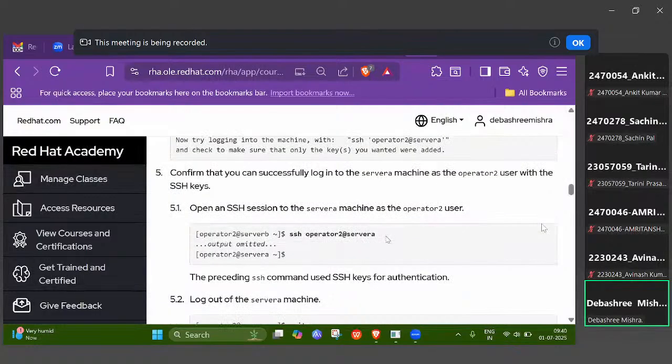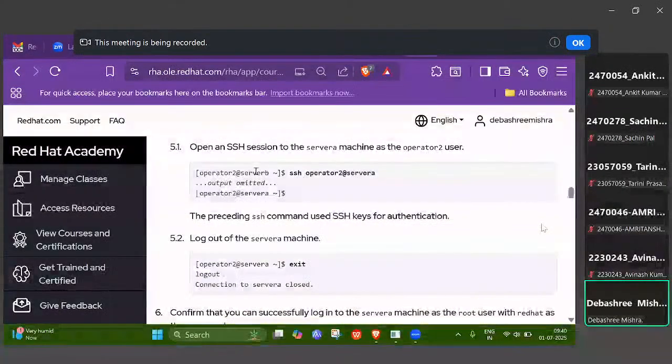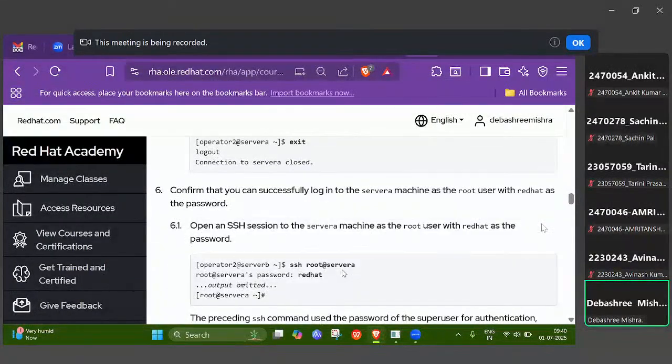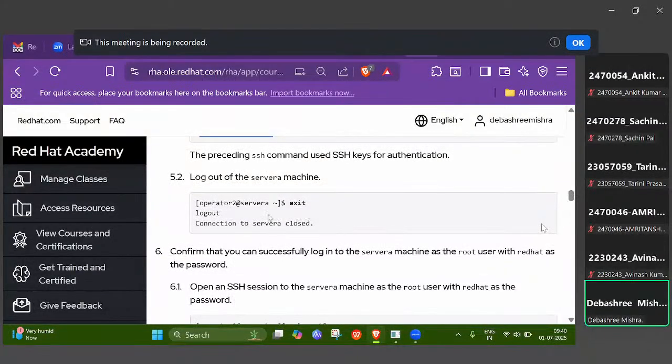Now similarly, after that you are connecting with that one, and then you are checking whether this session, this particular thing, has been connected or not, right? So you can just check it. If it gets connected, it means that this SSH key authentication has been approved, and then you need to close this particular lab. Okay, no, you need to exit from this particular